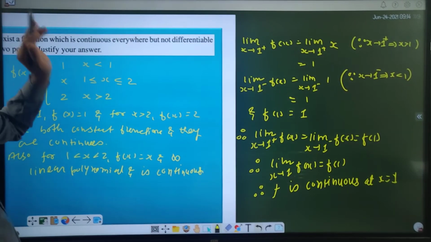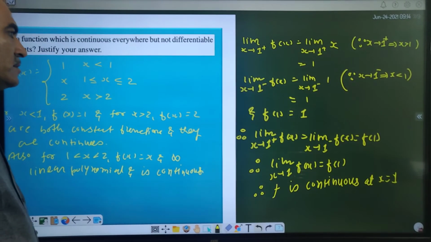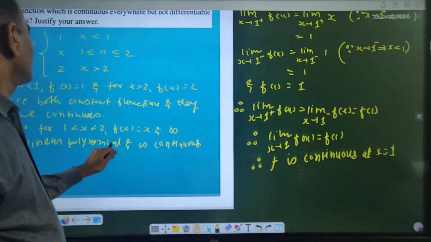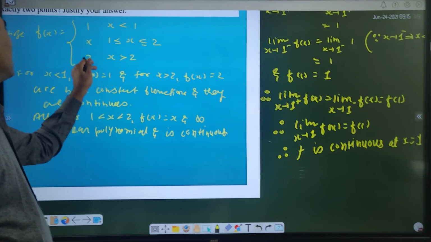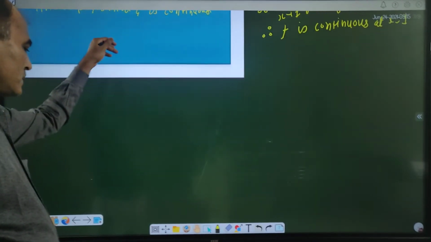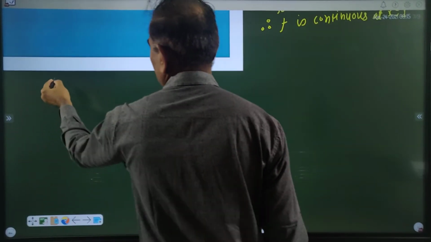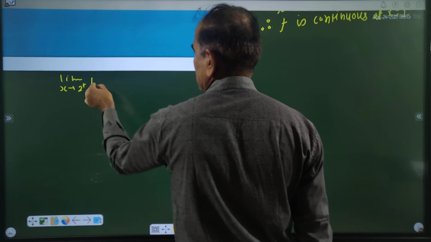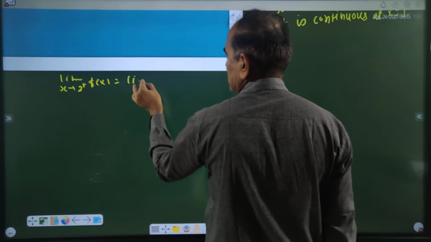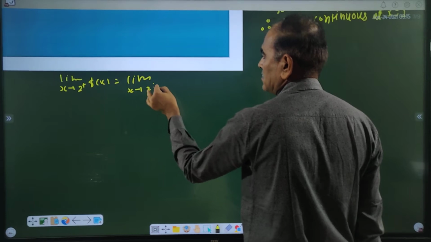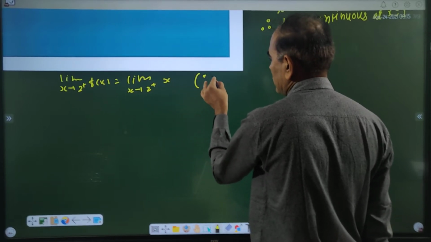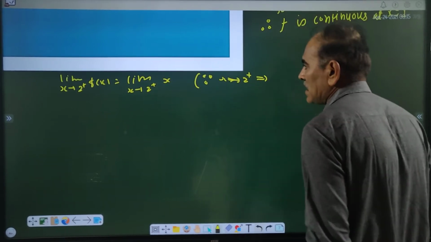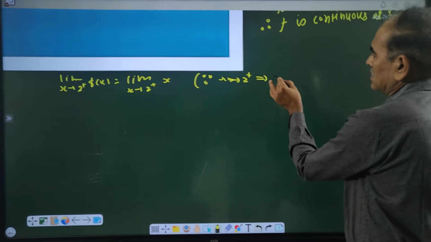On the same line, prove that it is continuous at x equal to 2. Then it is continuous everywhere. So let me see. For x greater than 2, it is 2, otherwise x. Limit x tends to 2 plus f(x) is equal to limit x tends to 2 plus of 2. Why? Because x tends to 2 plus implies